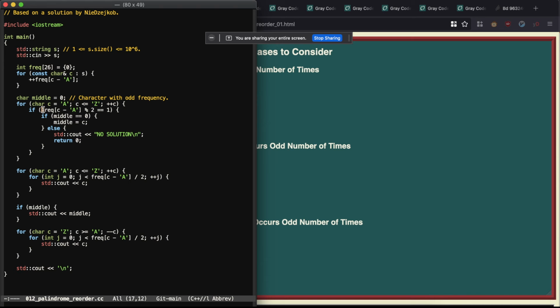Now, if we find another middle character, say we find a second character which has odd frequency, then we will come to this else condition and we'll say no solution, because we have found two characters with odd frequency. So when middle is initialized to a character value, that means we have already found a character with odd frequency. So when we find the second one, we print no solution,